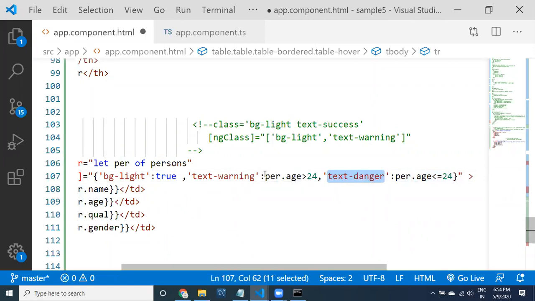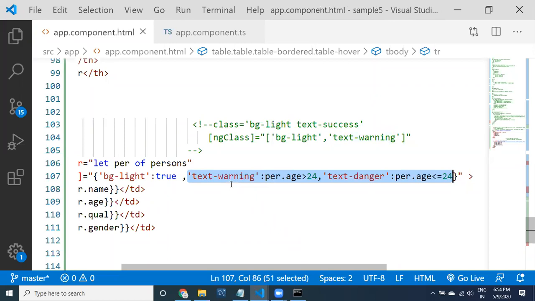Based on this condition, if one condition is satisfied, the other condition is not going to be satisfied. That's why among these two classes, only one class is going to get applied. That depends upon the conditions you are taking, guys.